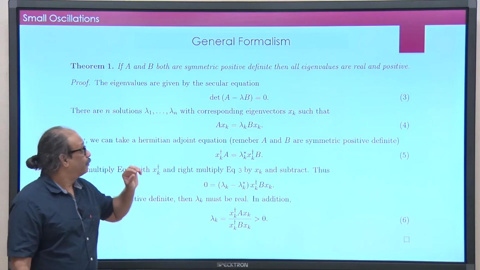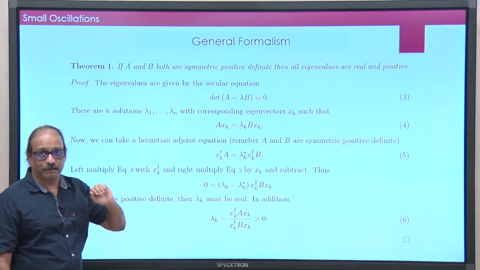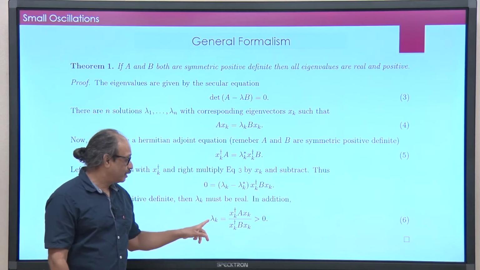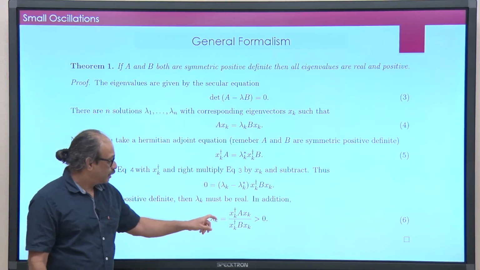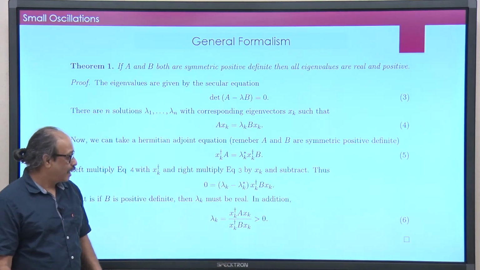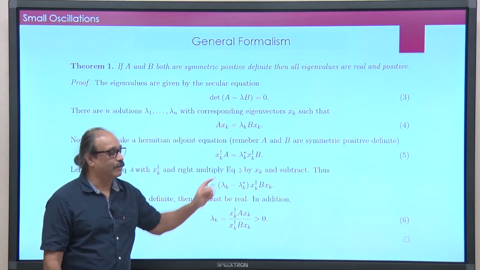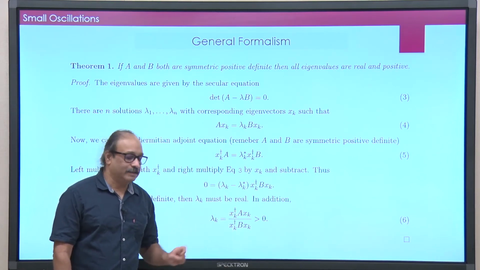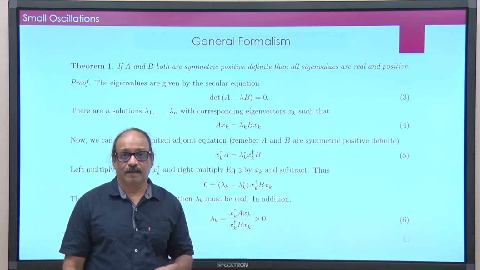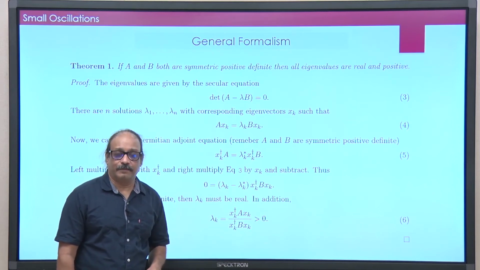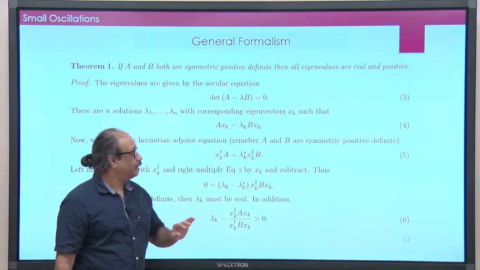So, basically because A and B have this special nature, all n eigenvalues are real, and you can immediately show that they are positive, because what is lambda k? Lambda k we now know is nothing but x k dagger A x k divided by x k dagger B x k. So, you can add the two equations and that would give you an identity like this, and numerator and denominator are both positive, and if they are positive, then of course lambda k will be positive. Okay. So, this completes the proof.